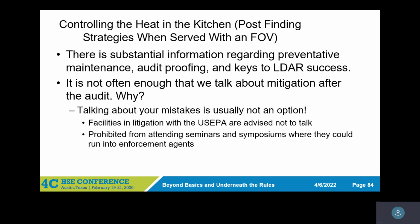Another thing that's not often talked about enough is what to do when a mistake is found during an audit. People don't talk about it too much because, quite frankly, when something is found, you're not allowed to talk about it if there's any kind of litigation. So I'm not going to give any specifics in here, but a key thing is